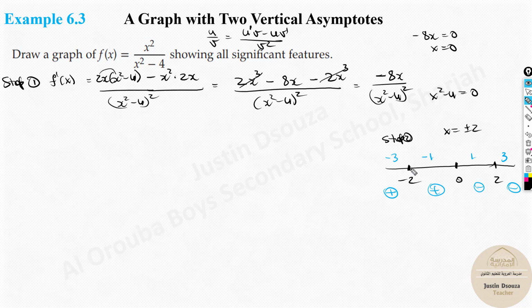Okay, this is a very important thing. Next, step 3, I'll just write it over here, f double dash of x. So what happens is, use the simplified one to double derive. Very important, please use the simplification, don't keep it huge, because deriving this will be too big. So please simplify as much as you can. You can go further in simplification by splitting this out, but that's not required because I'm going to use the quotient rule again, but this much